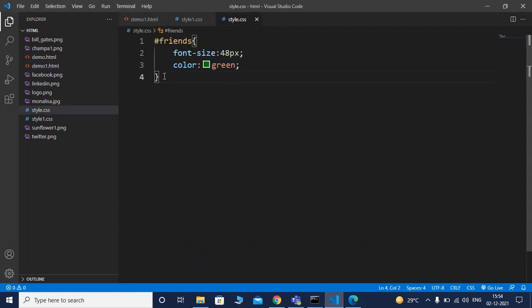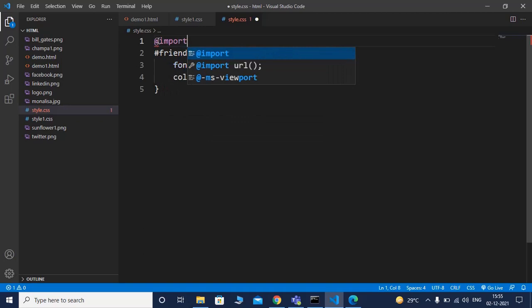Now, a developer has to keep in mind that to use imported CSS, the import keyword should be used. Here you can see this is the base style sheet named style.css, and this style sheet named style1.css is going to be imported. Here I am using @import.